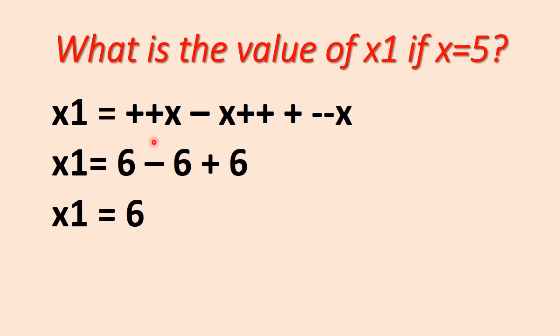The original value of x is 5, but here we are using the prefix operator. So according to the rule of prefix operator, first we will increment the value and then we will use it. So first, it will increment its value by 1. The original value of x is 5, so first it will increment by 1, then it becomes x + 1. It means it will be 6. Okay. Then the minus sign as it is we will write.